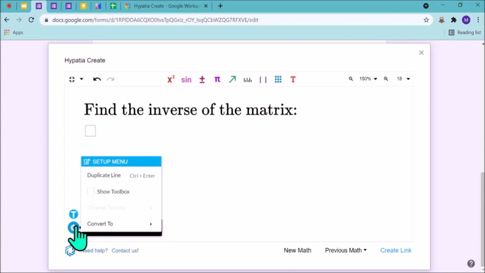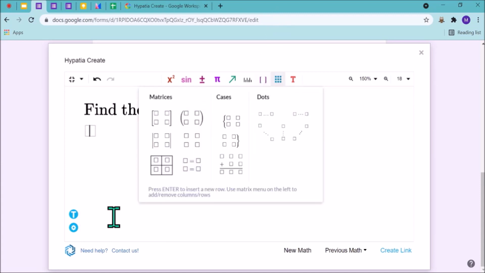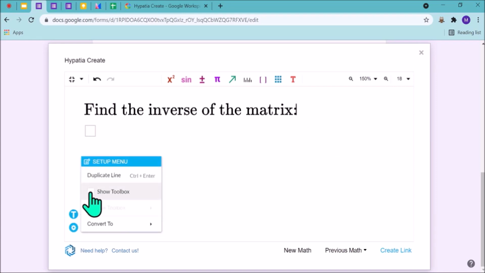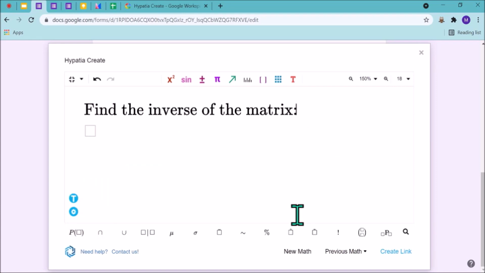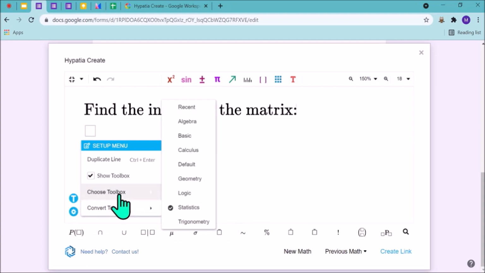I have to use algebra symbols again and again. I can bring these symbols. You can see these symbols and these symbols together down. In this down page, I can open this. How? We just have to click on this gearbox. We are to show toolbox. You can see by default it is coming, whichever is chosen there. I can again go there. I can choose my toolbox.